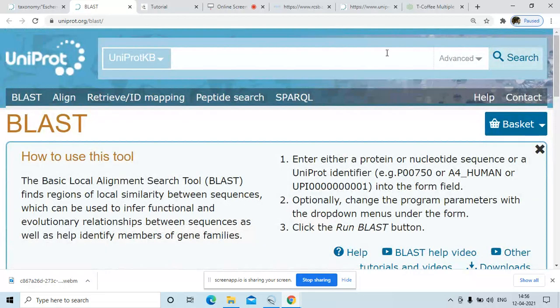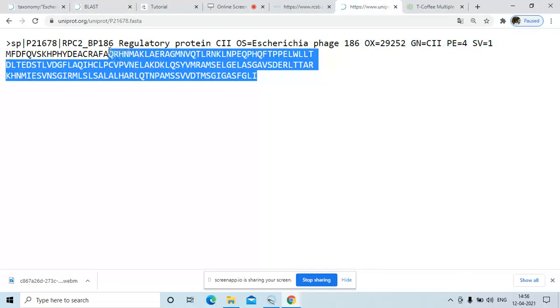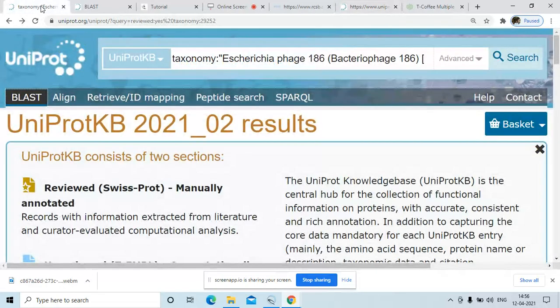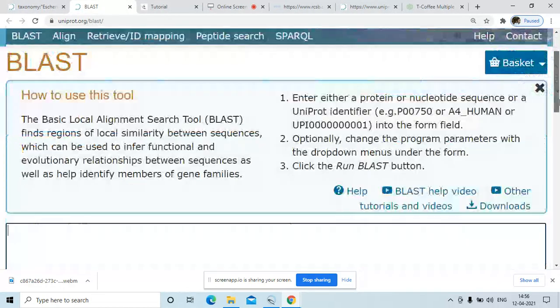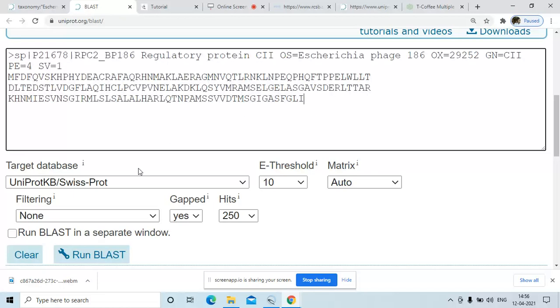We will take our query sequence, which we got from the UniProt knowledge base in FASTA format. We copy it from here, go to the UniProt BLAST home page, and paste the sequence with Control V. The target database will remain UniProt Swiss-Prot.